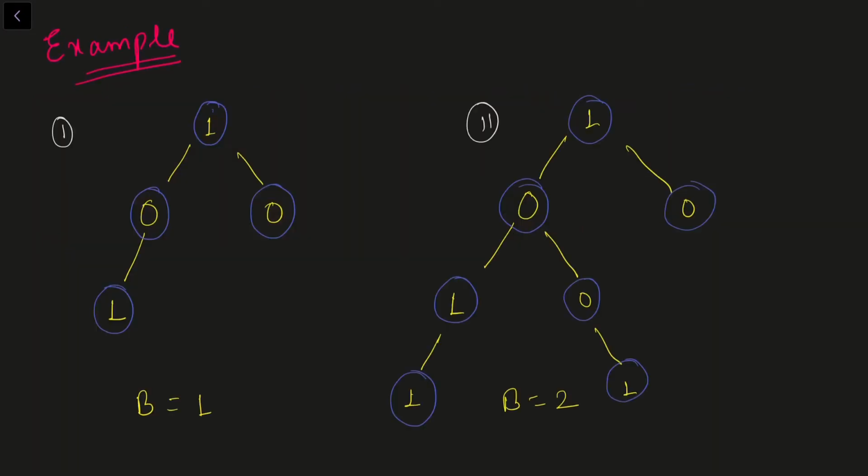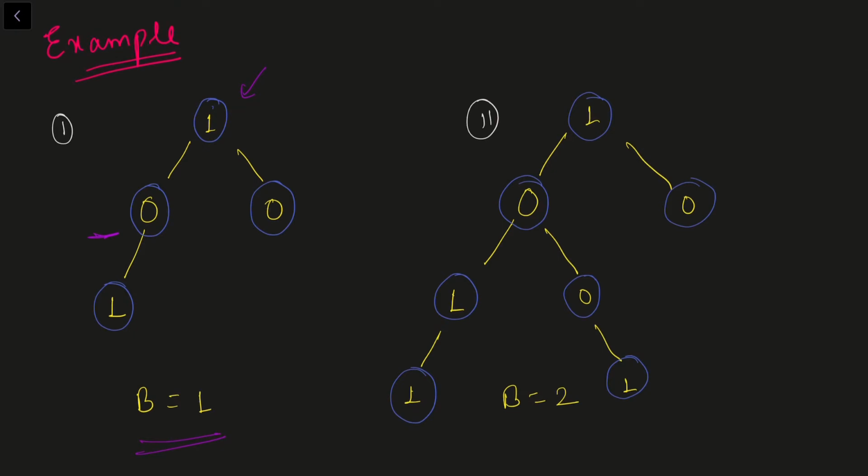Now let us talk about the first example. Let's say we are given this tree and we are given this root node right here, and we are given b as 1. That means if I am currently at this node, then the bth ancestor of this node will be this node. Why? Because the distance from this node to its parent node is 1, right? And let's say b is not 1, let's say b is 2. Then let's say we are currently at this node. Then the ancestor will be here, because the distance between this node and the node which is some parent of it is 2. So that's how we can calculate the ancestors here.